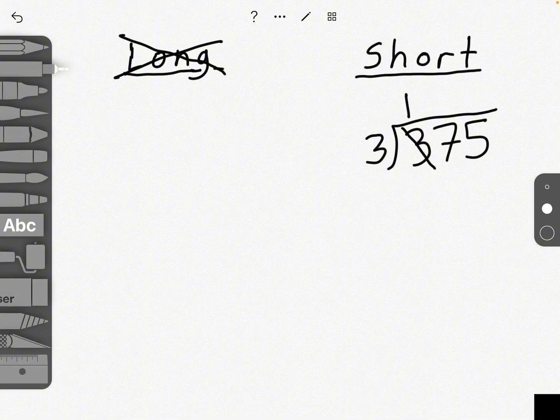Now let's try this. How many times does 3 fit into 7? It fits into 7 2 times, which is 3 times 1, 3, 3 times 2, 6, 3 times 3, 9. Whoa, that's too big. 3 times 2, 6, which is the closest to 7, except still lower than 7. So let's write that down. 2 on top, which means it fits in there 2 times, but this time we cancel out the 7, and